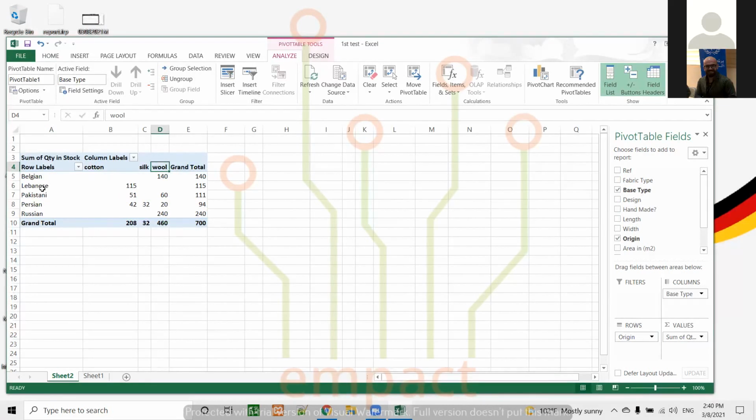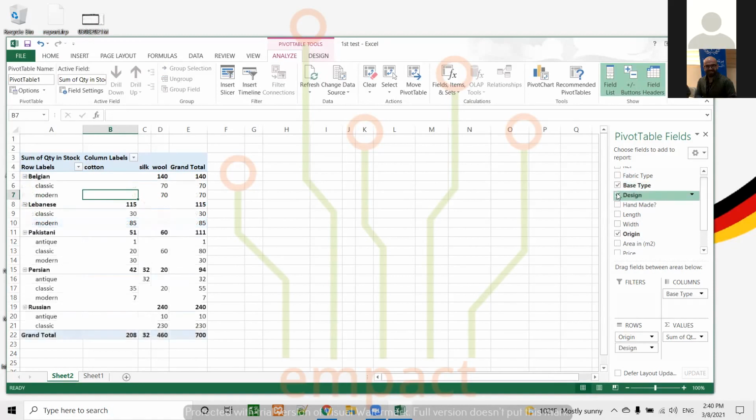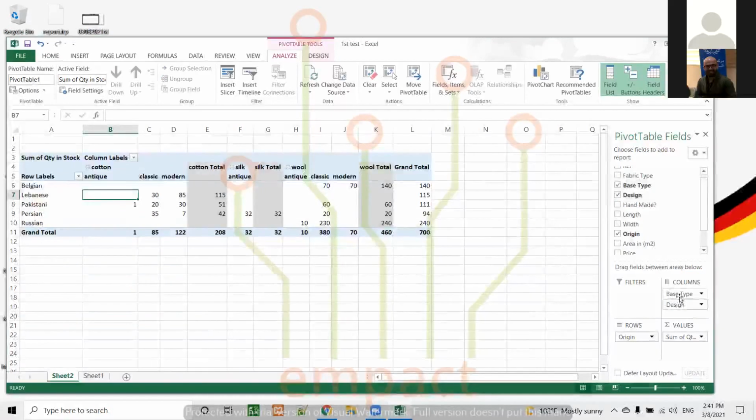Okay, so that's the way we are dealing with the pivot table. Well, if I want to add more data, I just come here and choose any of them. So I will choose the design. The design is going to be part of the countries because it's going to the row. If I want to put them in the column, I will just drag and drop and put it into the column. It will be part of the